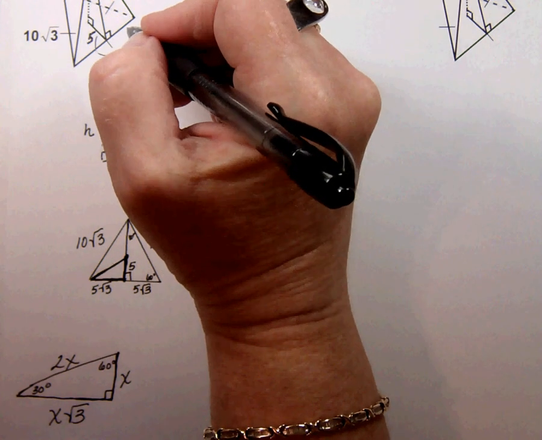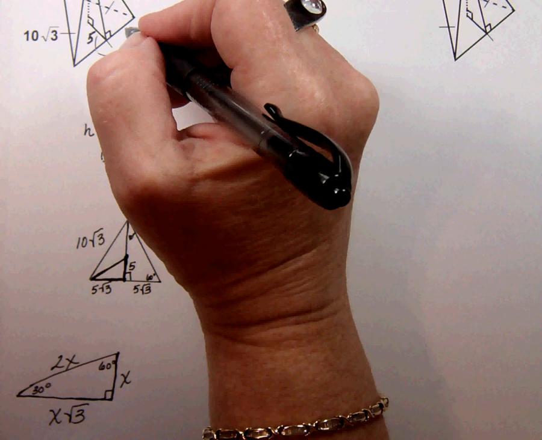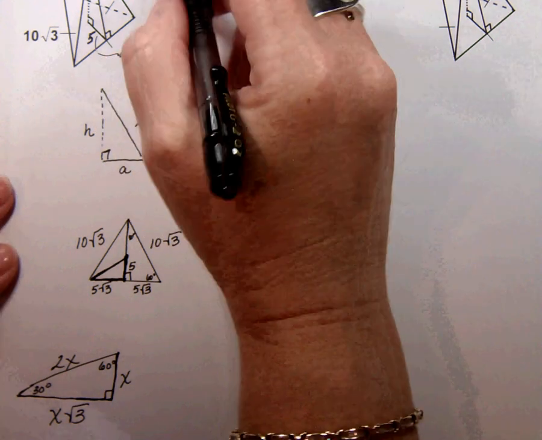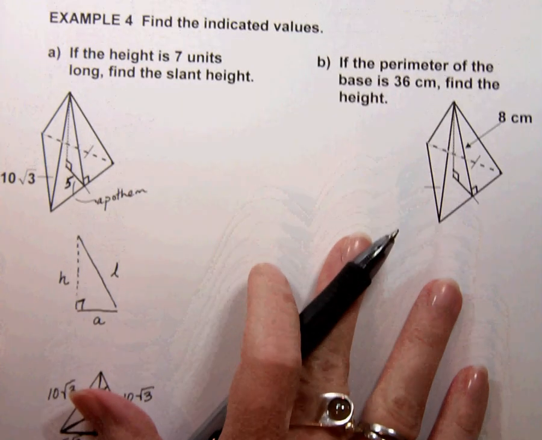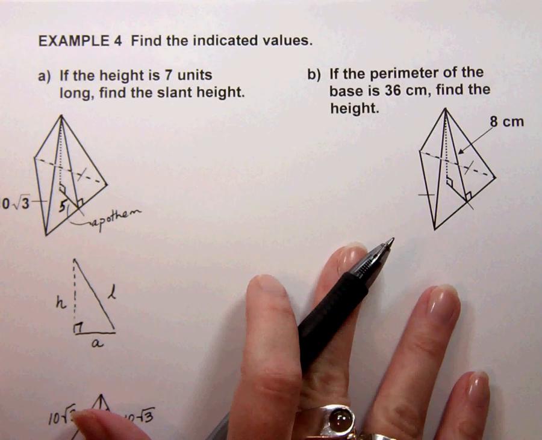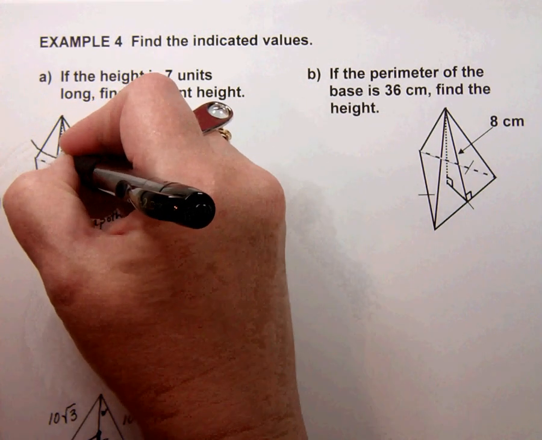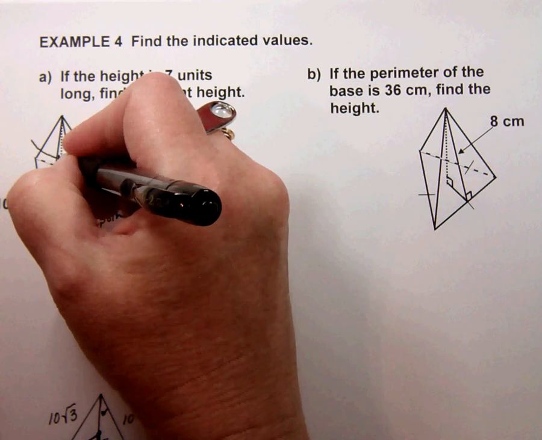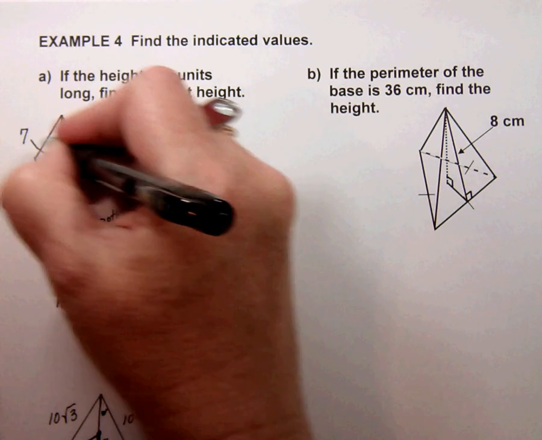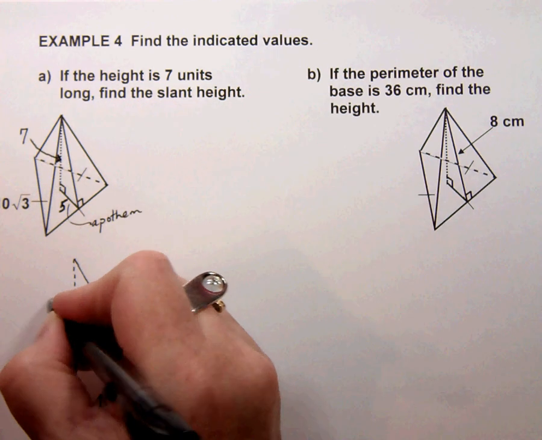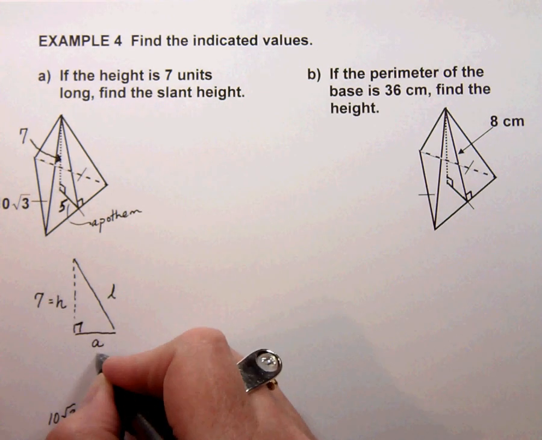Okay, let's see. Oh good, they did give us the height. It's up here in the words. See how it says the height is 7? That means this dashed line right here. I think I'm going to have to draw an arrow to it. There's too many lines in the way, but if I put a 7 for this height, that means my apothem